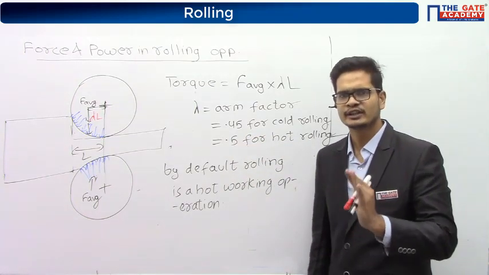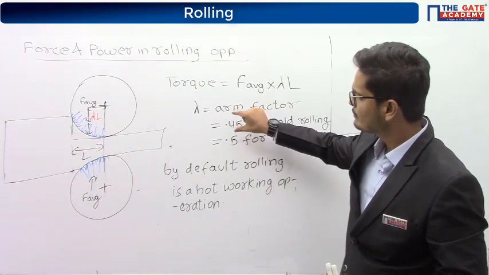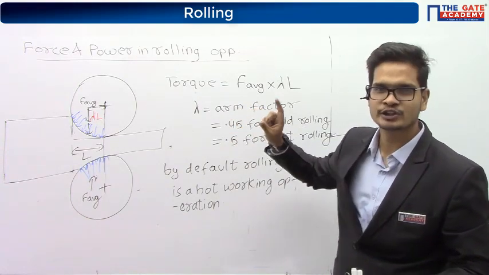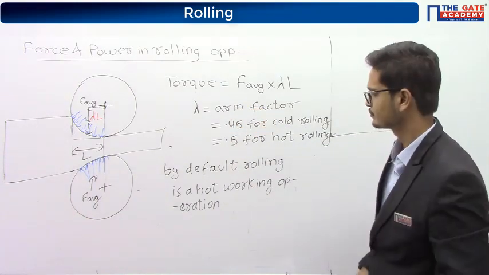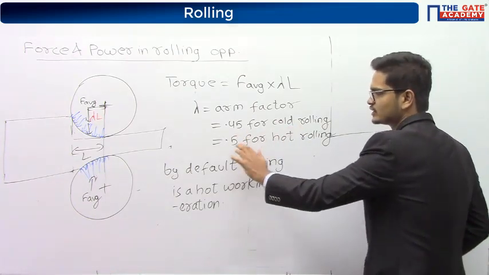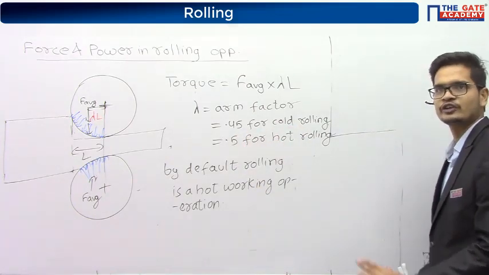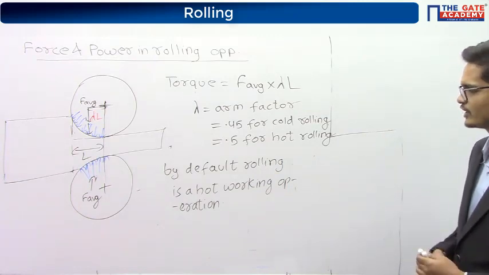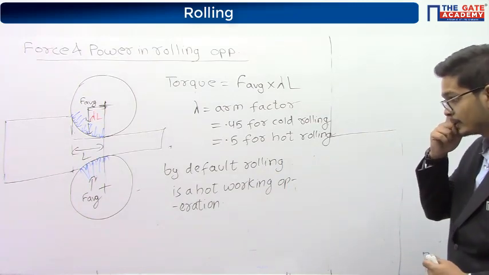But these things where you have to memorize this data, this kind of questions are rarely asked. In the GATE, mostly they give us all the values of constants. Whichever constant we have to take in the solution, the GATE will give us those values.